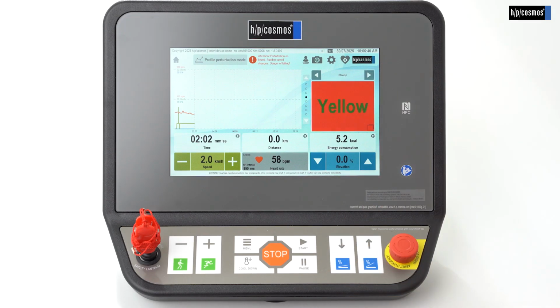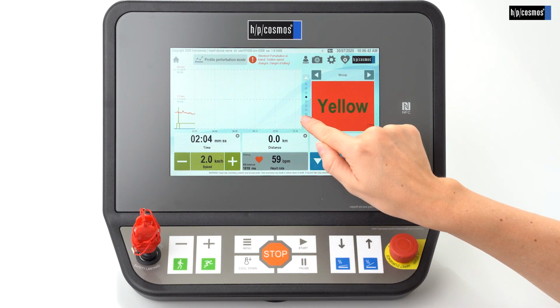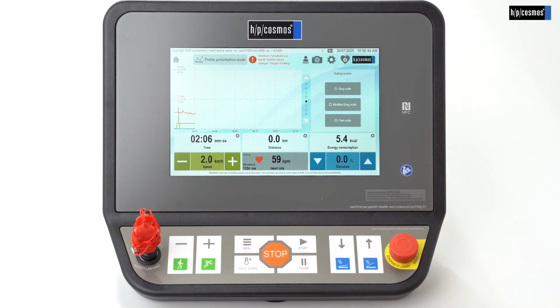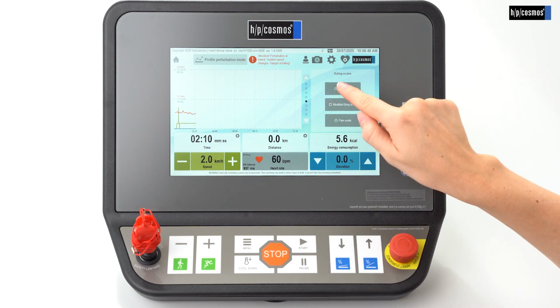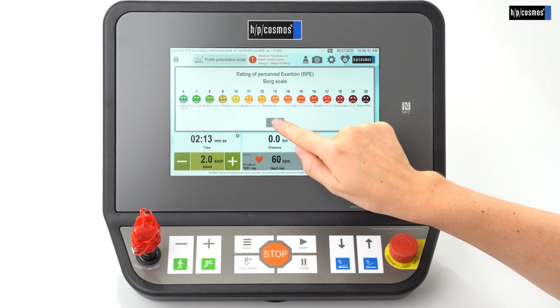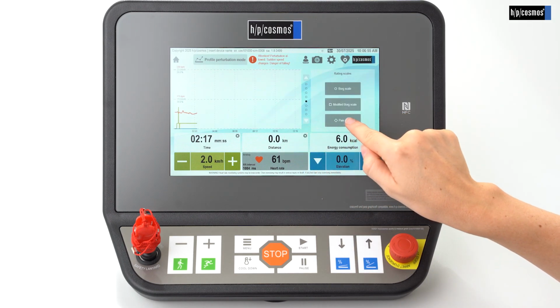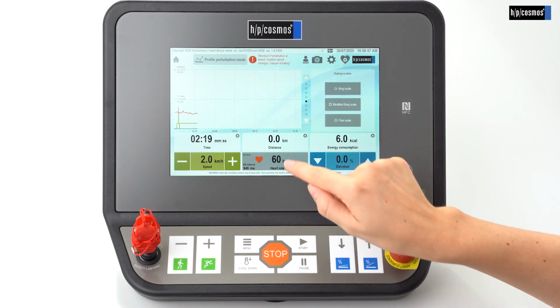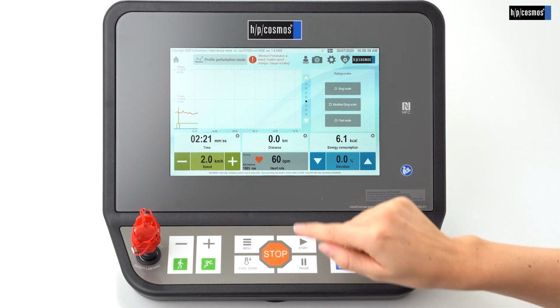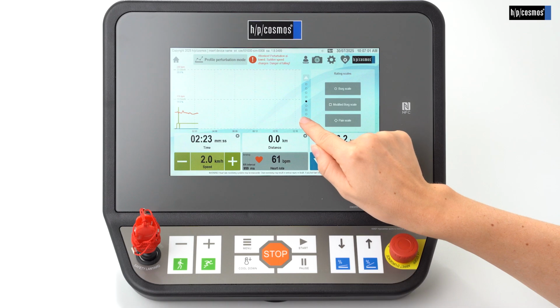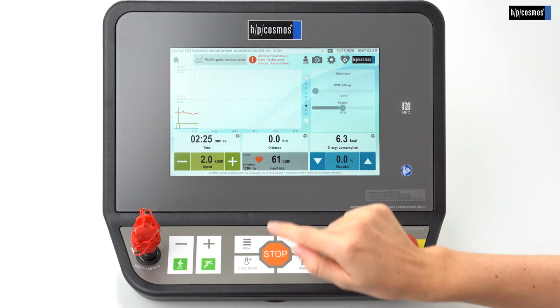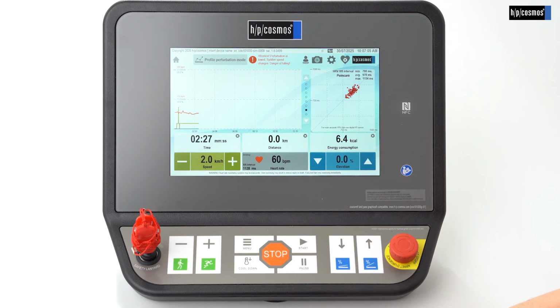If you press the down button, you will go to the next screen showing rating scales. Right here, we have included the Borg, the modified Borg and the pain scale. You can mark the subject's condition here using the face icons. This will show up as a marker on the graph on the left, and also on the reports for the therapist if you export them. In the next menu, you can start the metronome to provide acoustic cues for the subjects. The last option is the Poincare diagram.